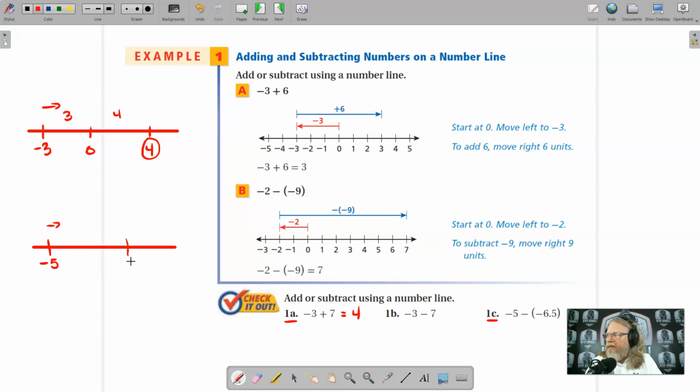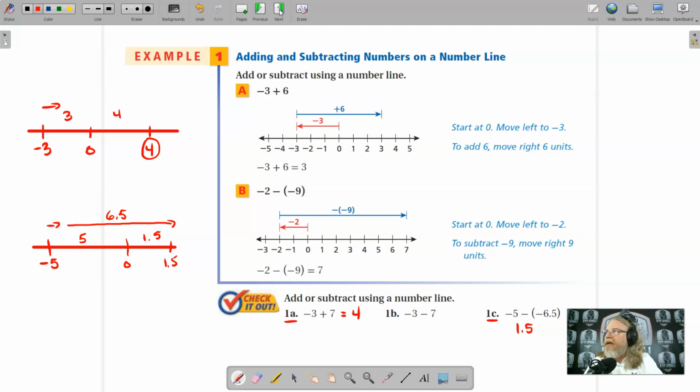Well, we're going to use up 5 of those spaces, 5 units at least, to get back to 0. That's going to leave us with another 1.5 to get to a +1.5, because 5 plus 1.5 is going to be 6.5. So we moved 6.5 spaces, or 6.5 units. I should be more precise on that. They are units, not spaces, in order to get to the answer of